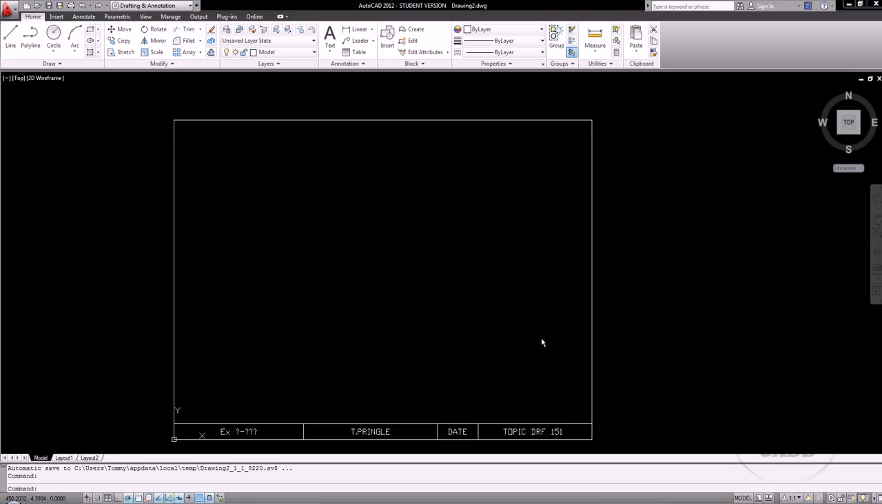For exercise 5-17, I've already started a file on the metric template. And the way that I'm going to do this one is going to be a little bit different. Rather than trying to start from a front view, I'm going to go ahead and just get started on the right hand side. So the way that I'm going to do this is I'm just going to begin by drawing